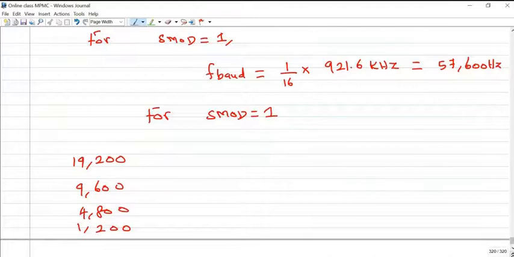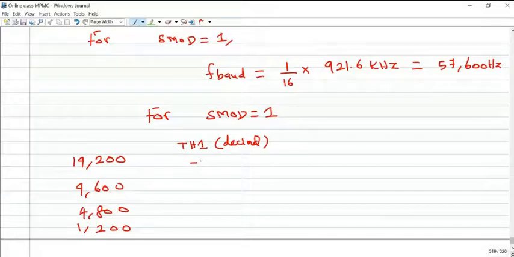The value to be loaded in TH1 in decimal is minus 3, minus 6, minus 12, minus 24. If you divide 57,600 by 3, you will get this 19,200.